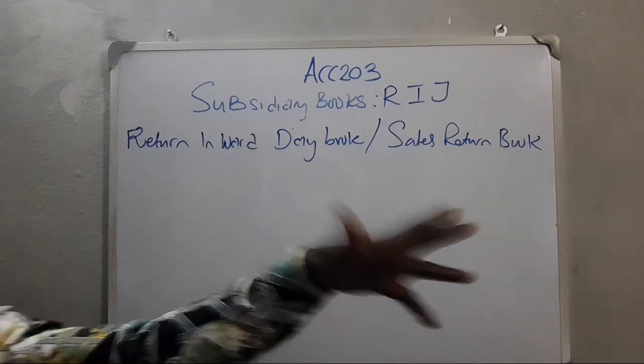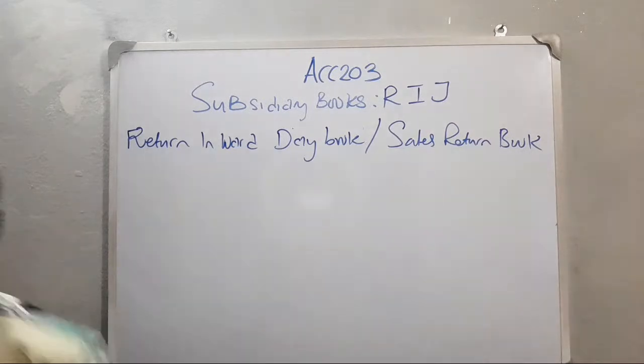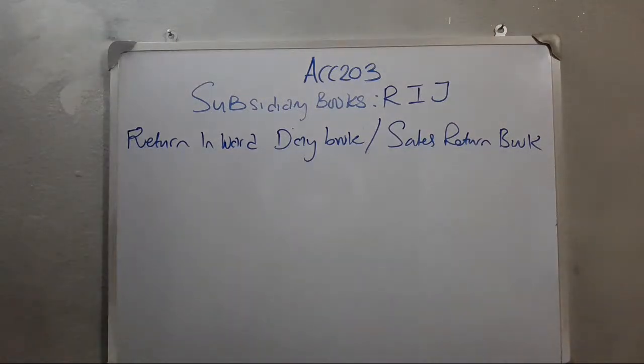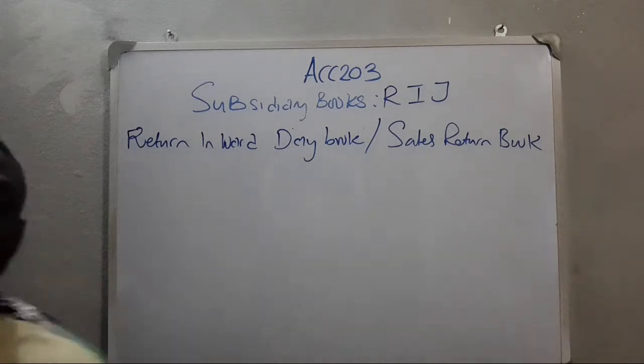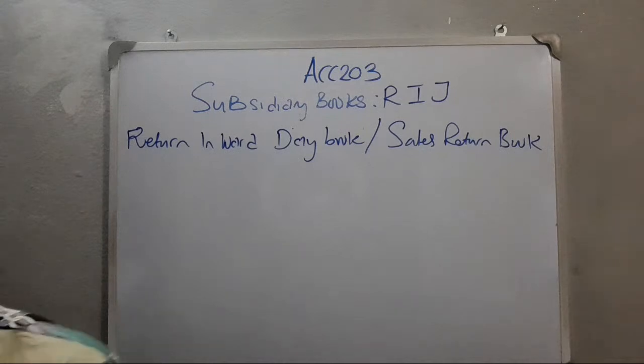Goods that have been sold, not on credit, and the account has been balanced, and along the way one thing or the other happened, and these goods happened to be returned by the buyer to the seller, either in whole or in parts, probably as a result of maybe wrong specification, model or color,